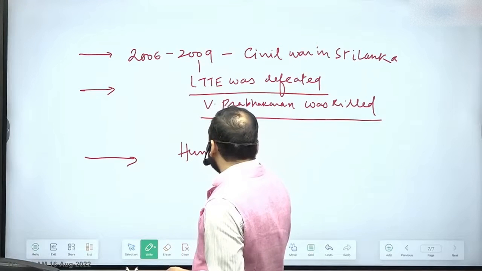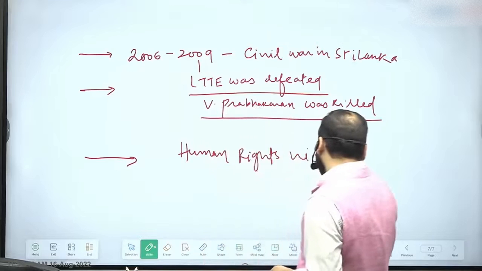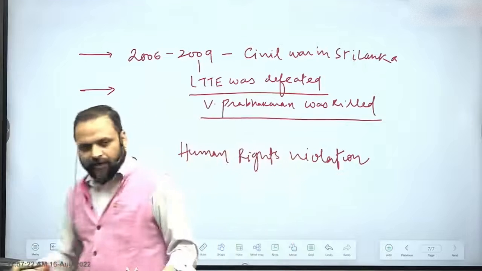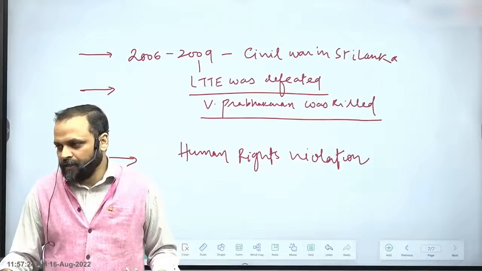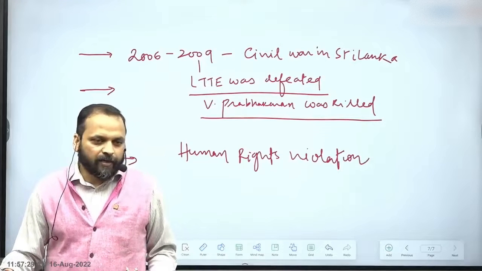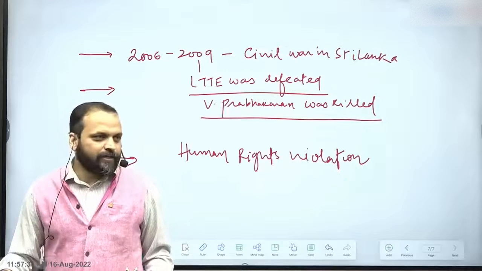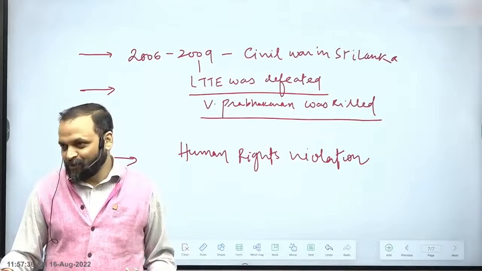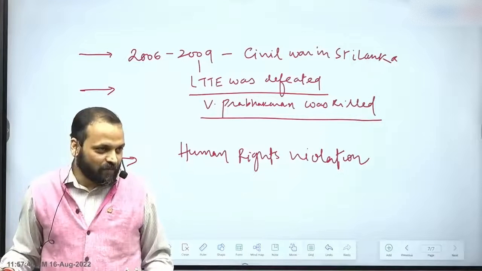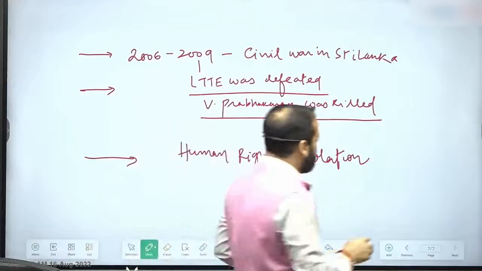civil war witnessed human rights violations. जहां पे भी armed operations चल रहे हैं, वहां पे ये खतरा हमेशा बना रहता है. Because once you fire a piece of artillery or you fire a weapon, it does not discriminate between good people and bad people. है ना? There is no bullet, आज तक ऐसी गोली नहीं बनी जो ये discriminate कर पाए कि कौन civilian है और कौन combatant है. All right. So there was human rights violation.